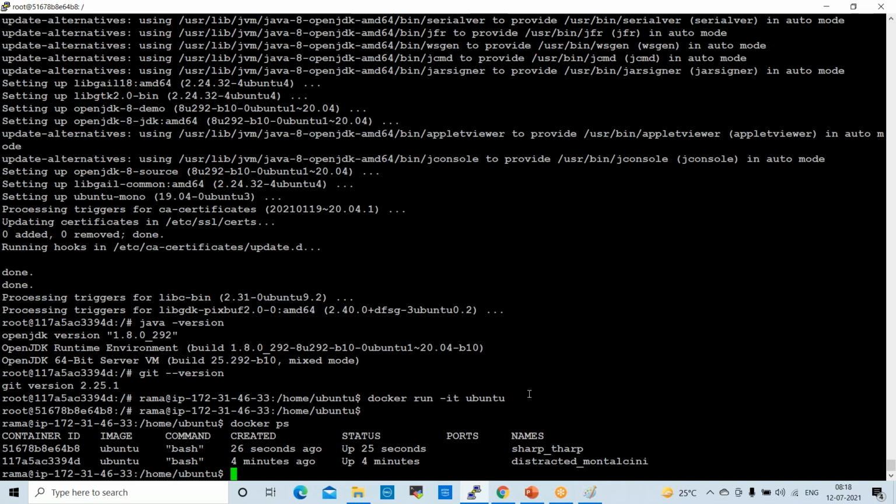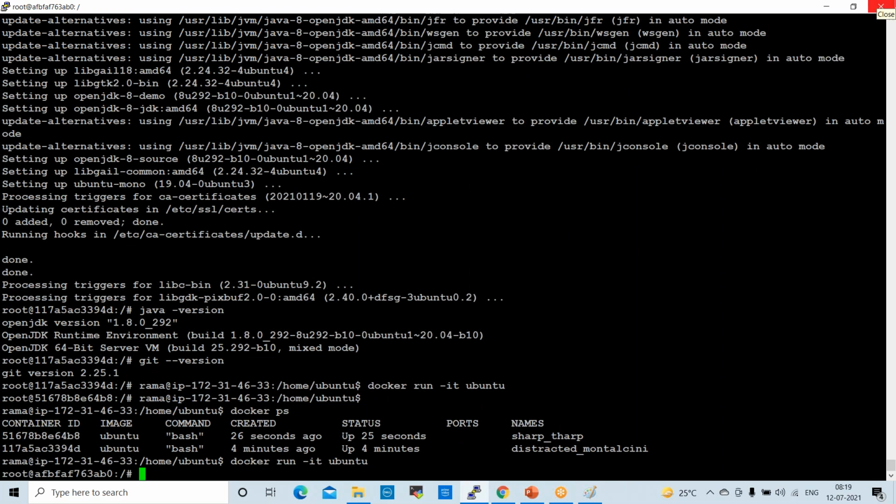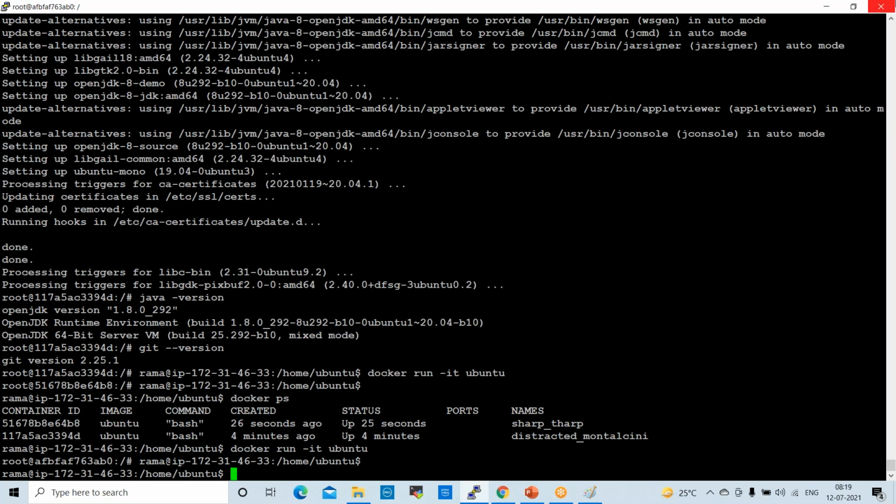For example, now I want to switch to a container. Currently we have 2 containers. I want to switch to a container again. Docker run -it ubuntu. Now I am in the container. Now if I want to exit from here, Control plus P Q. So 1 more container will be created.